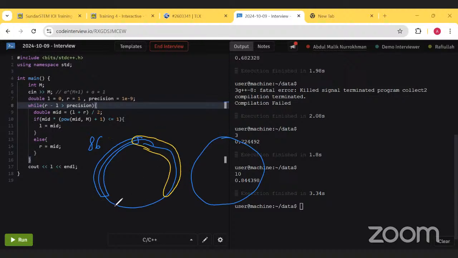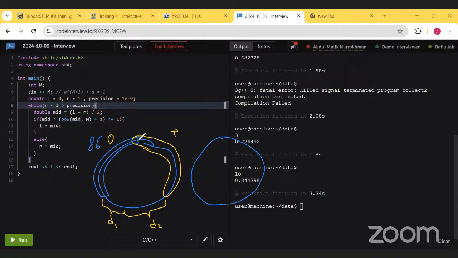Why? Because it must be here, because this is positive and this is positive. But if one of them is 0 and one of them is positive, we also can directly know the answer,